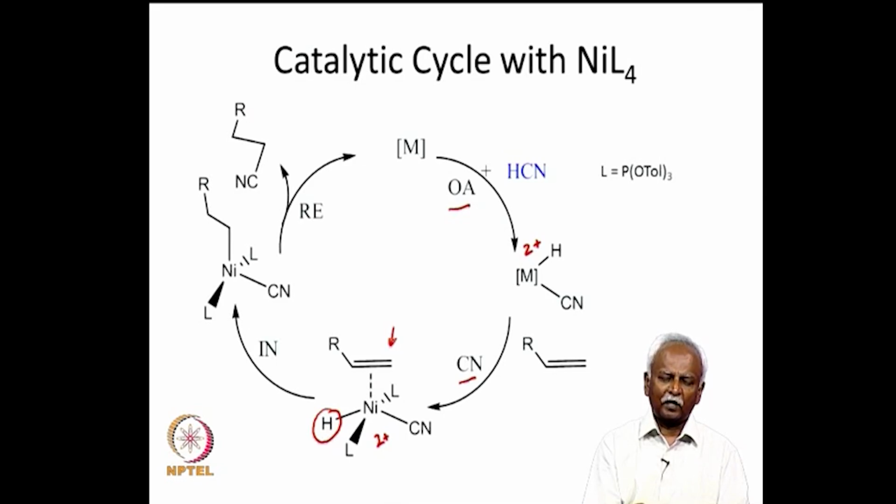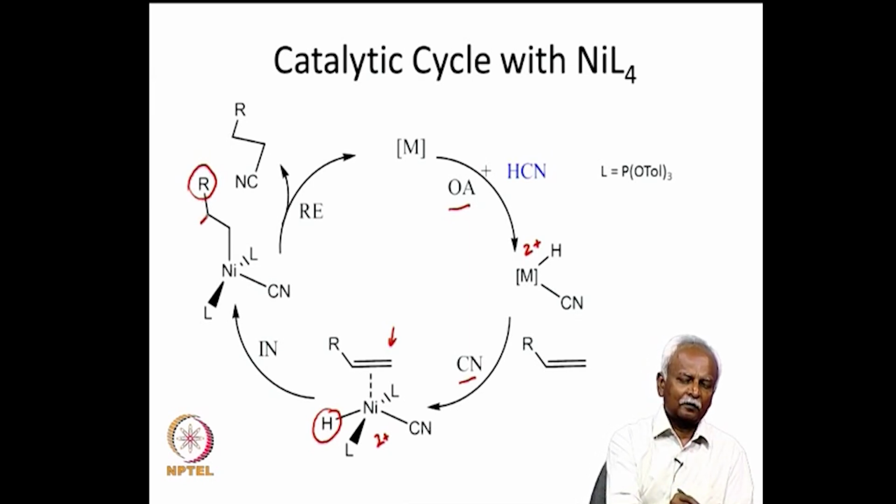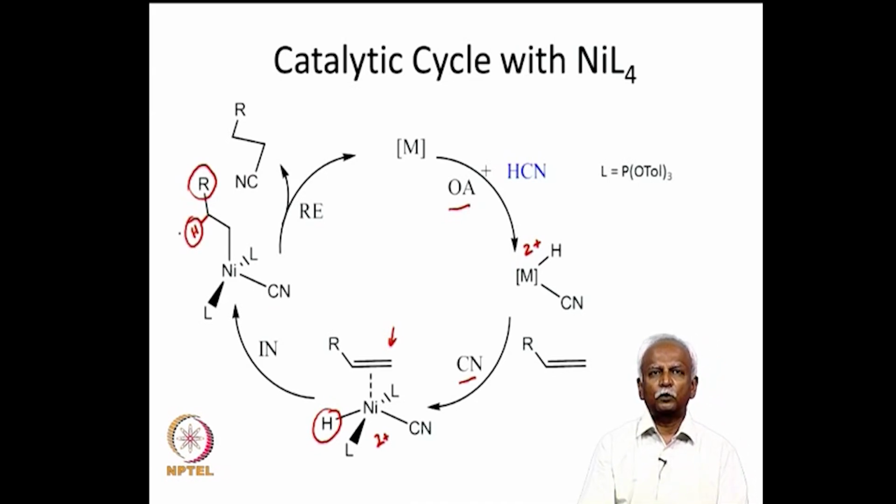Instead, it seems to add to the carbon which has fewer hydrogens. This is like the anti-Markovnikov addition of HCN. So, you end up with an alkyl group where the bulky group is usually away from the metal atom, and the hydrogen that you have added is also added in this position. So, this is the new position of the